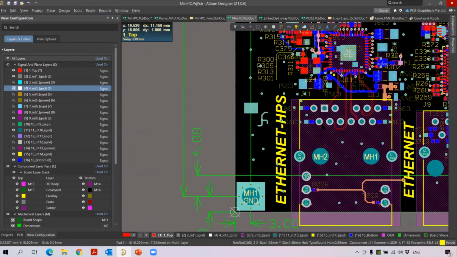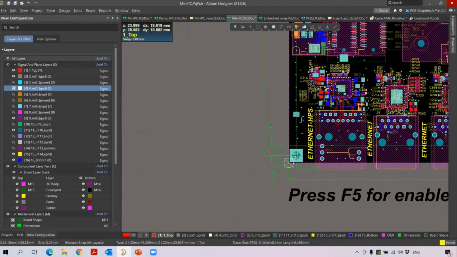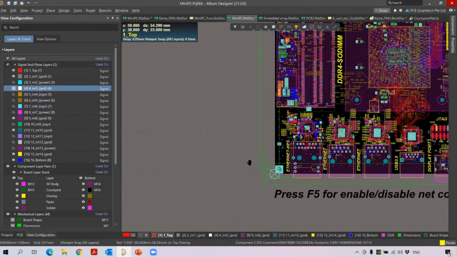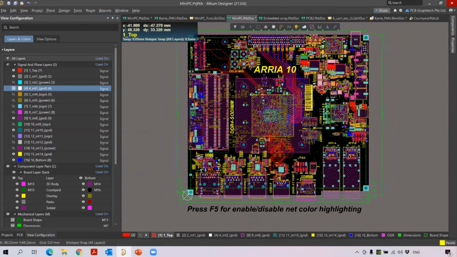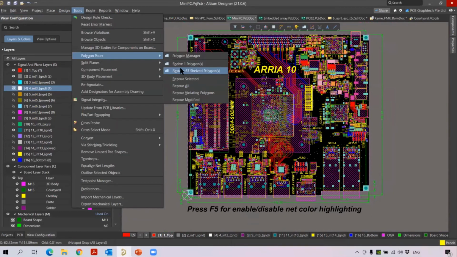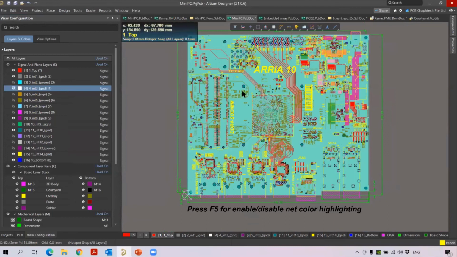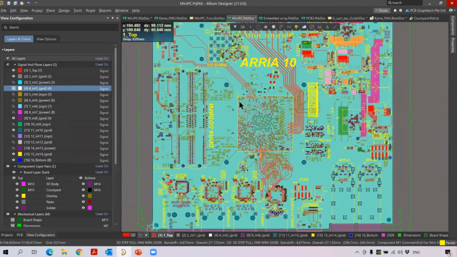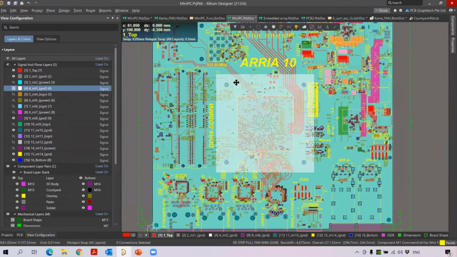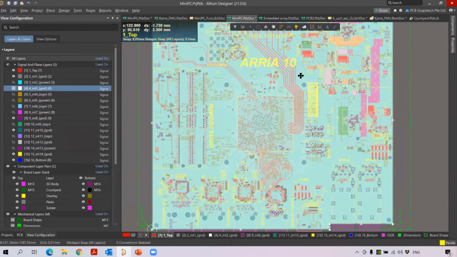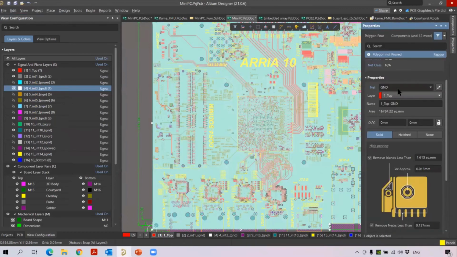Now the next step is I'm going to calculate the overall polygon for my board. To see the overall polygon, you can go to Tools, Polygon Pours, then restore the polygons first. Now to see the polygon for my board, just click on one of the polygons. Let me click on the whole polygon here and open the properties. You will see that it is connected to the net, it's in the top layer, and this much is the area of the copper.